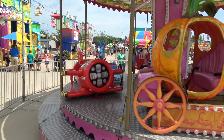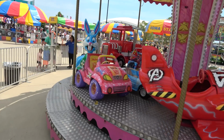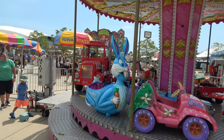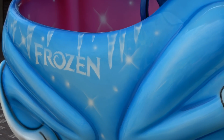Like, yes. A little plane. This is quite the interesting ride. Like Barbie's dream car kind of thing. And then I think my personal favorite is over here. You've got a kind of knockoff Bugs Bunny. And on the side, it just says Frozen. In that style of